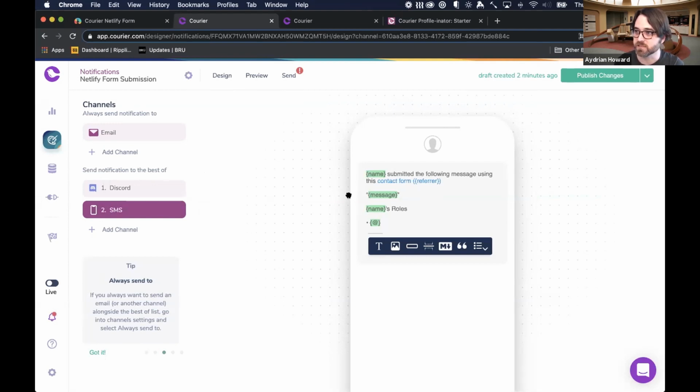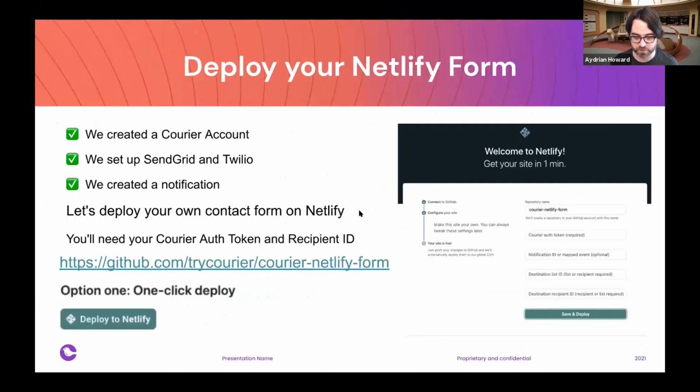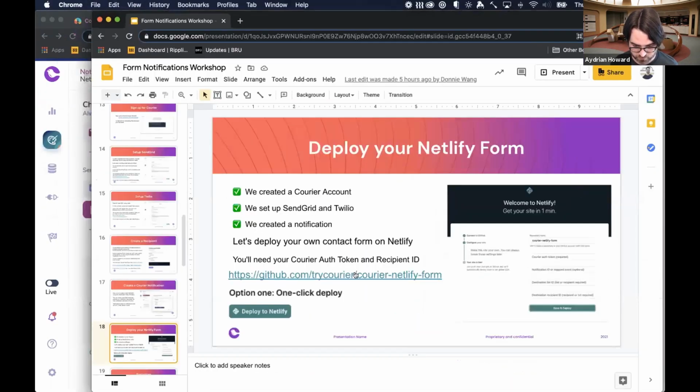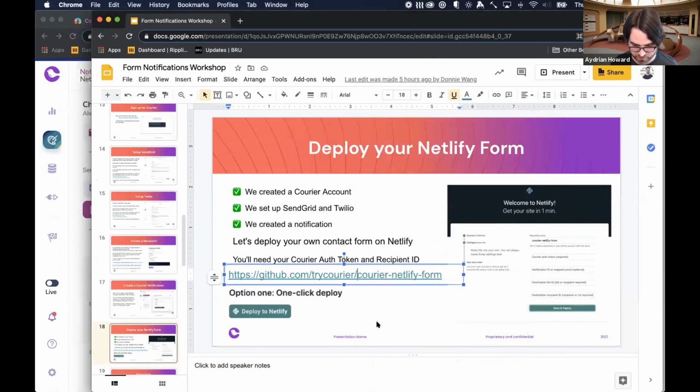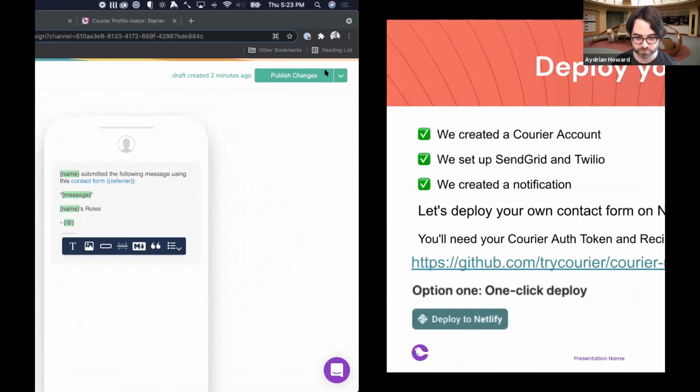Looking at the time, let's quickly go to where we can deploy our Netlify form. Do I have this somewhere copyable? Let me just copy it. Copy URL link. All right, and I'm going to paste this in here. And if you go to this website or this repo,